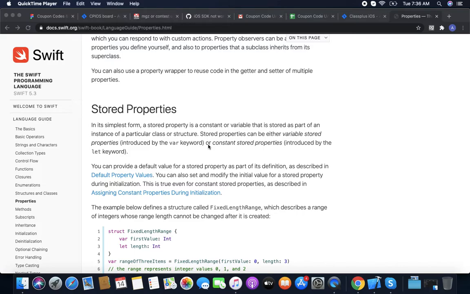Firstly, we learned about three types in the lecture: classes, structures, and enumerations. We also learned that properties are the variables in these three types. Basically, properties are the state of these classes, structures, and enums, and methods are the functionality of the classes, structures, and enums. So first we learn about properties.